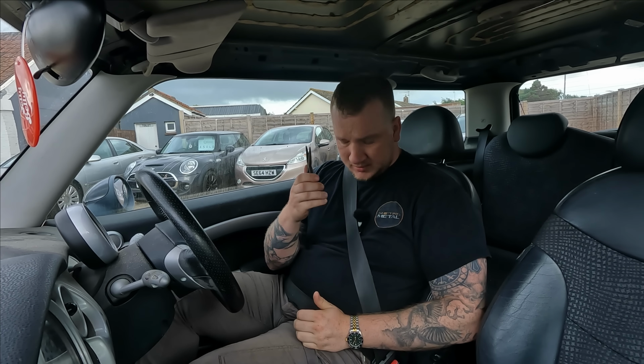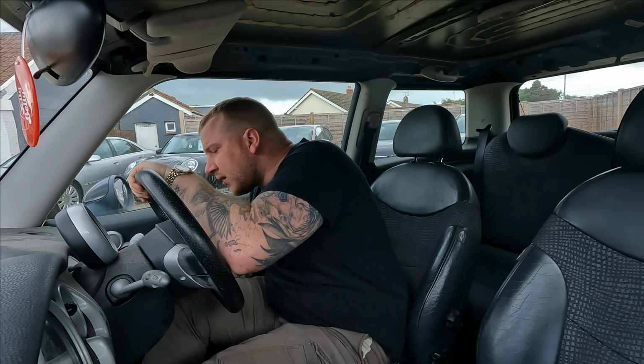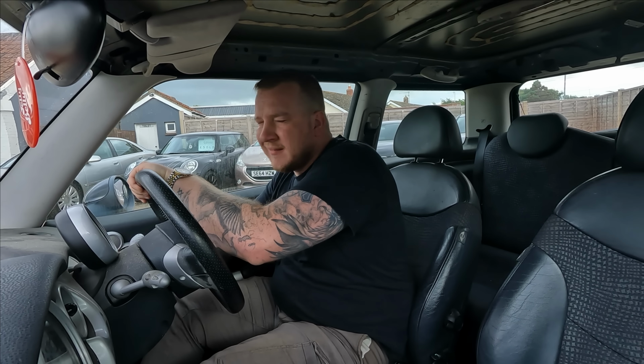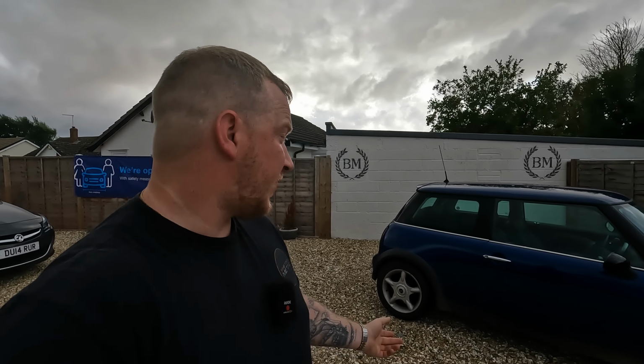Right, I'm just going to take my pliers and turn this old girl off. Easy as that. And then I need to find my key fob over here, and then we'll sign off. So there we have it, £150 Mini, clearly worth every penny and fit for nowhere other than the scrapyard, really,